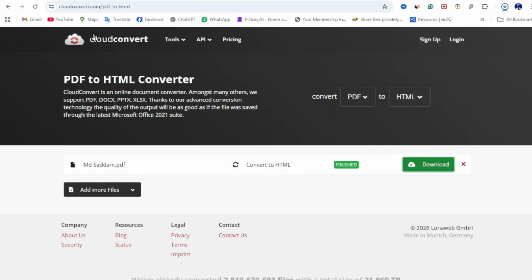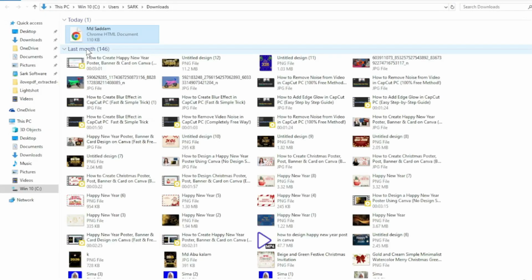That's it, my work is done. So if I open this file, you can see this is an HTML file already downloaded to my computer. So this is the method how you can convert PDF to HTML online